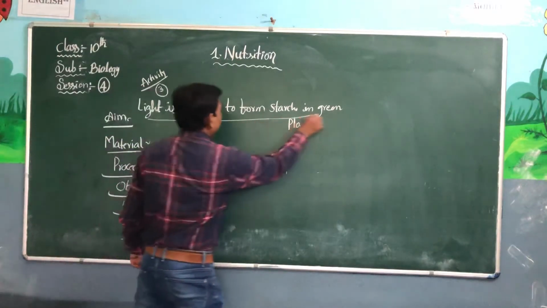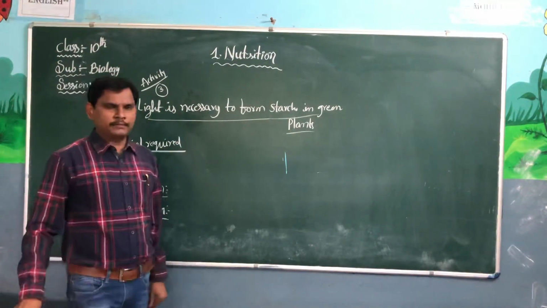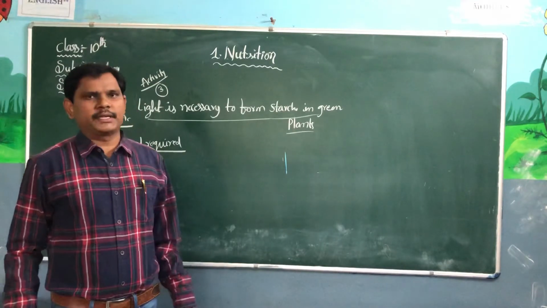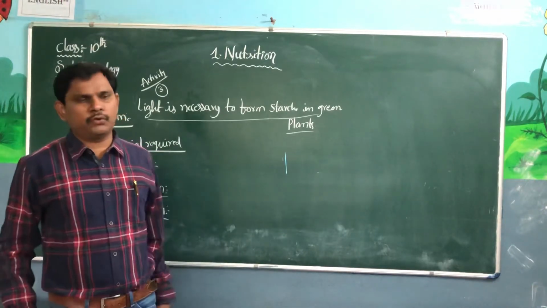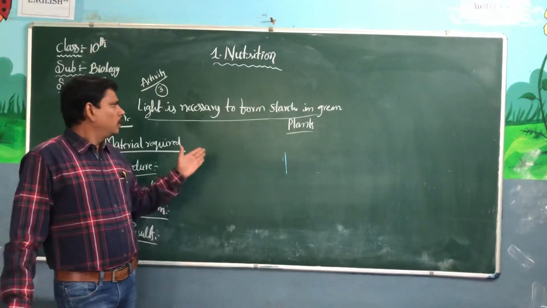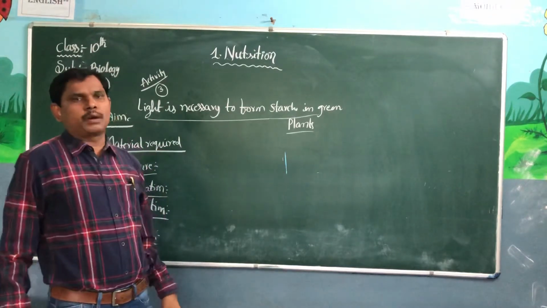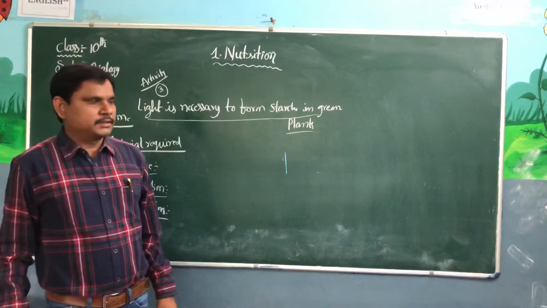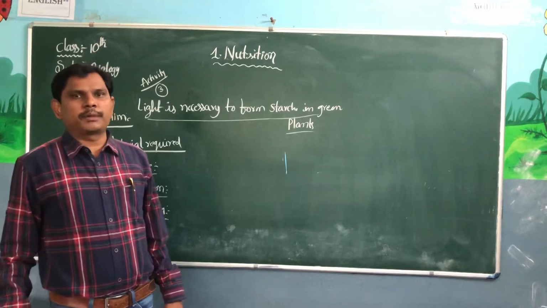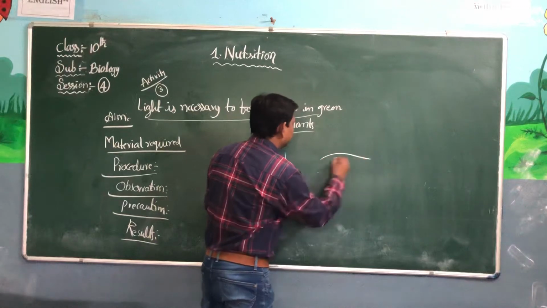The side heading itself comes under the aim. We have proved that for the photosynthesis process, carbon dioxide is compulsory. If carbon dioxide is not there, plants cannot prepare their own food. Water is also needed. And today we will discuss how light is the most important for the photosynthesis process. If light is not exposed on the leaf, it cannot prepare its own food. So, I will draw a small, simple diagram.